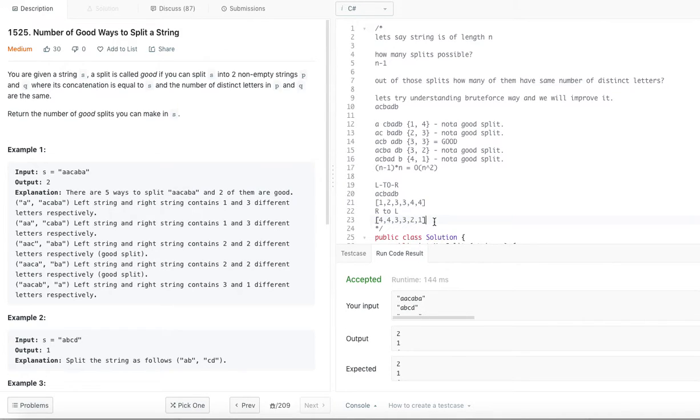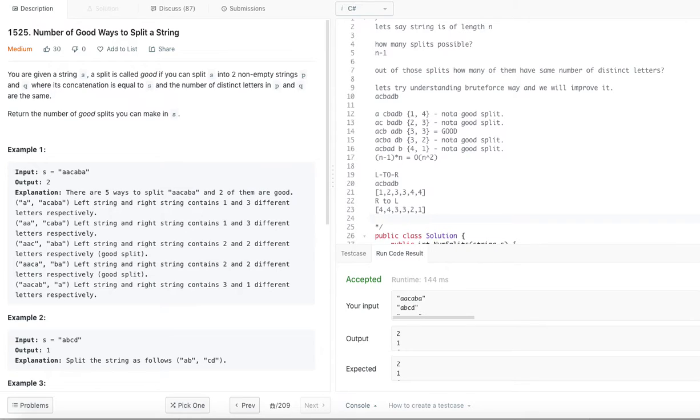So now, since these are the number of distinct characters, we are going to compare these two arrays in the splits that we actually do. When we are comparing this one, we compare with this. So 1 and 4. Left partition is A and right split is CBADB.